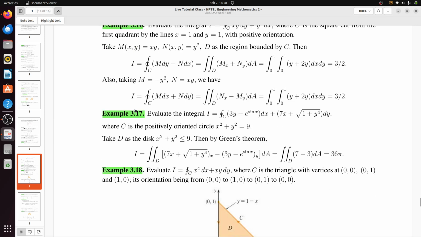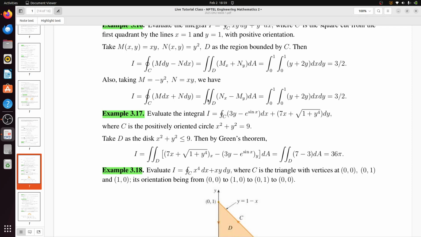Next, you need to evaluate the integral I equal to the integral over C of (3y minus e to the power sin x) dx plus (7x plus square root of 1 plus y to the power 4) dy, where C is the positively oriented circle x square plus y square equal to 9. See how Green's theorem is helpful for you. If you want to solve this problem using line integration, your life will be miserable. It will be very difficult to solve